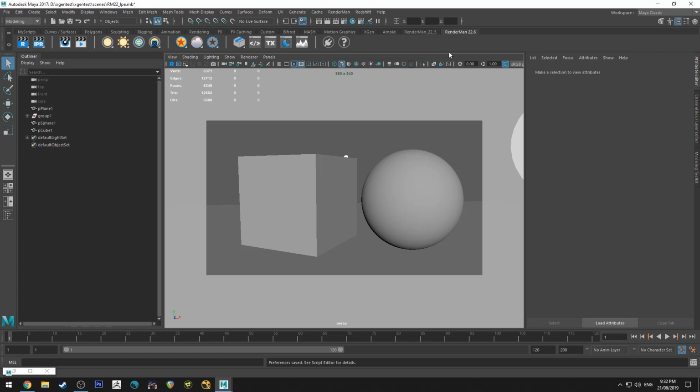Today we're going to be having a look at LPEs. If you don't know, what it stands for is Light Path Expressions. It's essentially a way of customizing AOV outputs so you can get specific lights or lit objects or light paths rendered out as separate AOVs. AOVs and LPEs can sometimes be used interchangeably, but essentially what we're talking about here is the LPE that makes up a separate path, which can be considered an AOV.